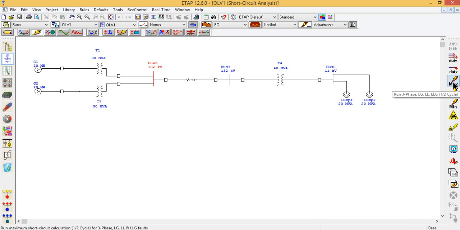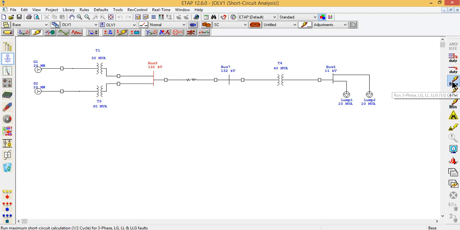Now we can analyze this maximum value of fault current. Like this is giving the option: run 3-phase, line to line, line to ground, and double line to ground for half cycle. Similarly, we have 1.5 to 4 cycles, which is basically the transient value, and then we have 30 cycle, which is the steady state value.